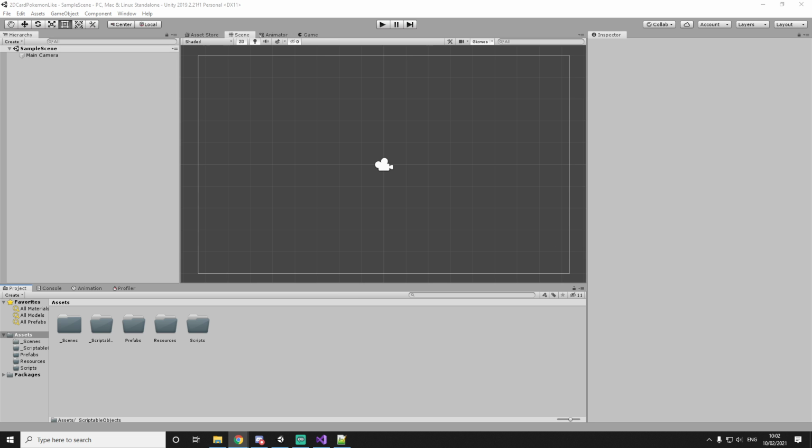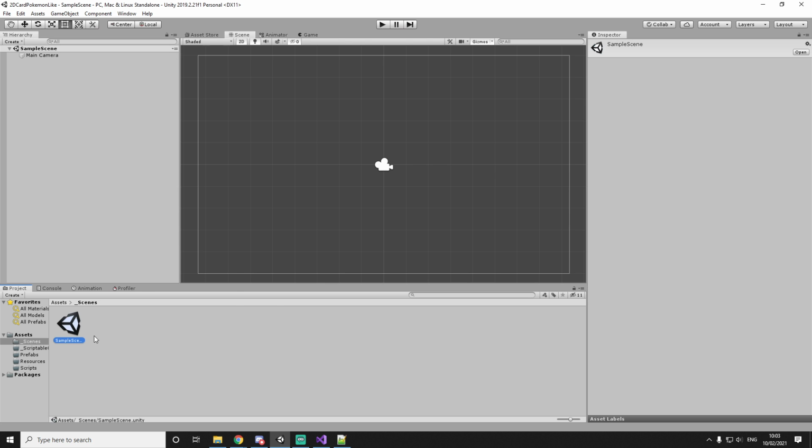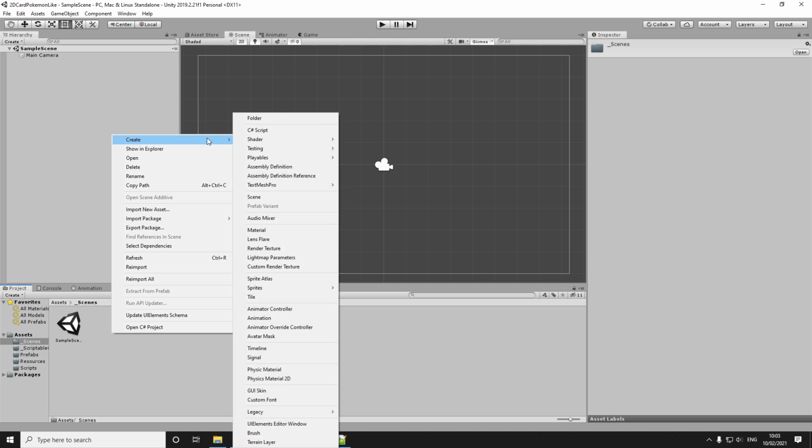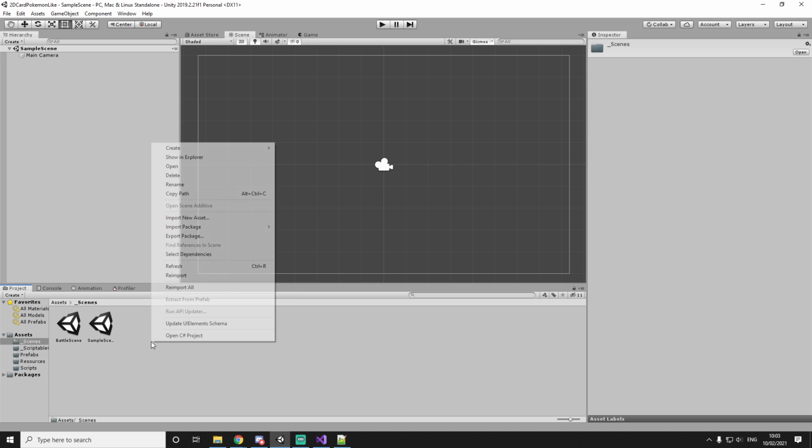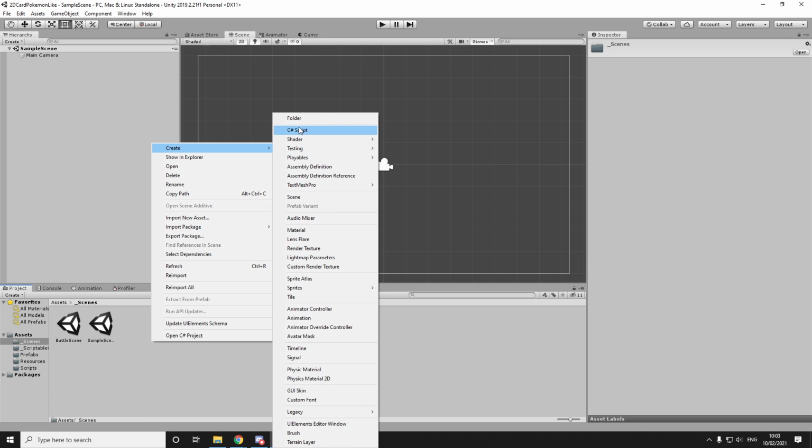And there we are. So now that we have this, for this series I've prepared a lot of assets. I have some asset packs that I'll be adding soon inside the project. But before we do that, let's create some scenes. So we'll be using two scenes for now. The first scene is going to be our battle scene,